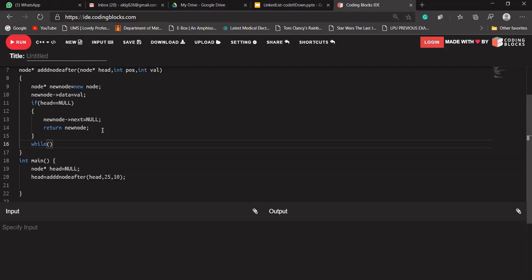Before finding the position, we have to check whether that node exists or not. Let's make a temporary node, Node star current. I'm making a temporary node and naming it current, and it will store the address of head. Okay, while